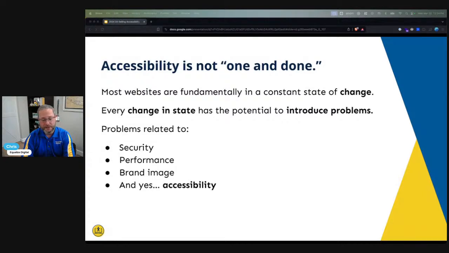Unless your website is, I don't know, static HTML on a server that you maintain where nothing ever changes, and you build it once and you literally do not touch it at all, then there are things that can come up that change the website, right? There are a lot of potential ways that a website can change, unless it's a completely static thing.